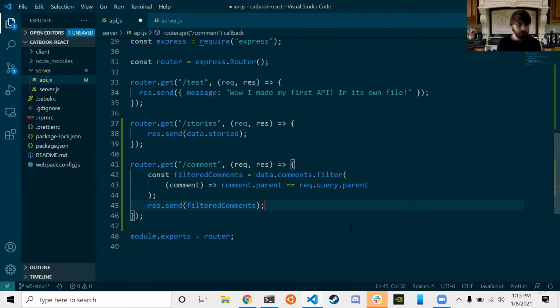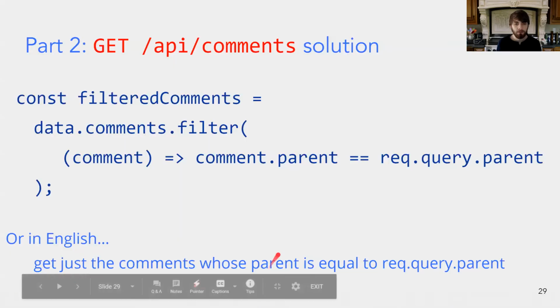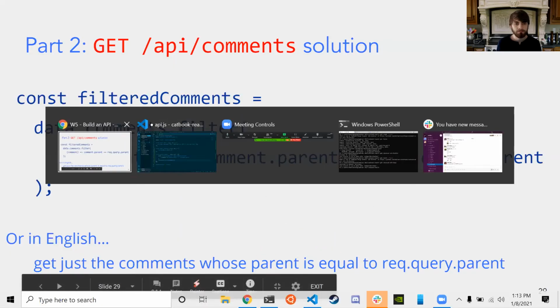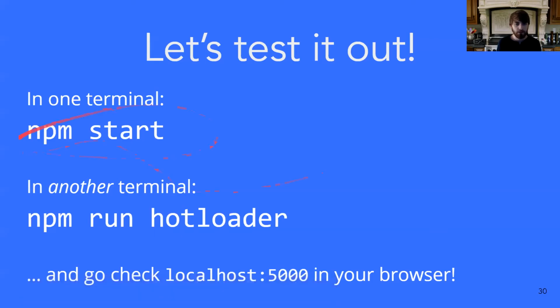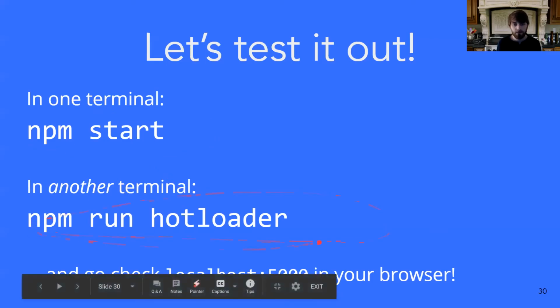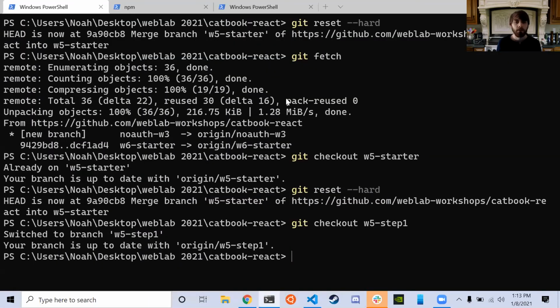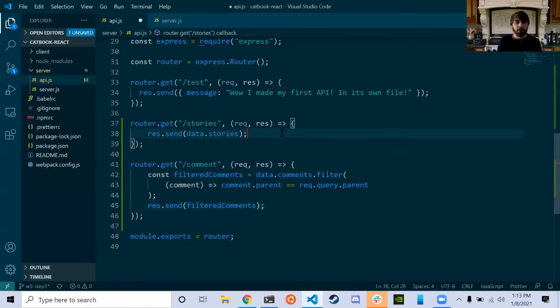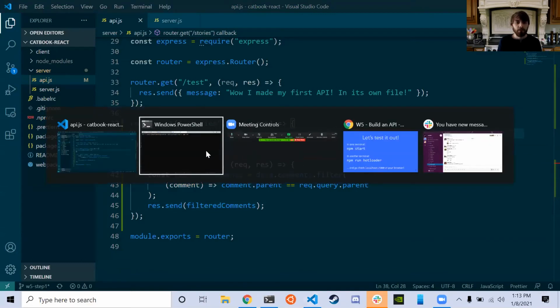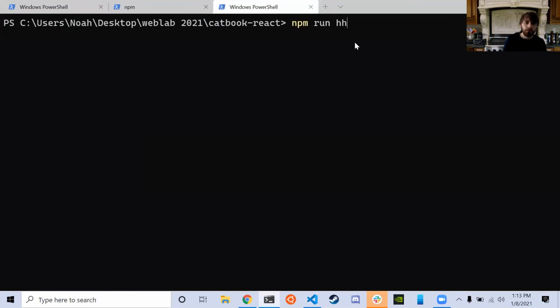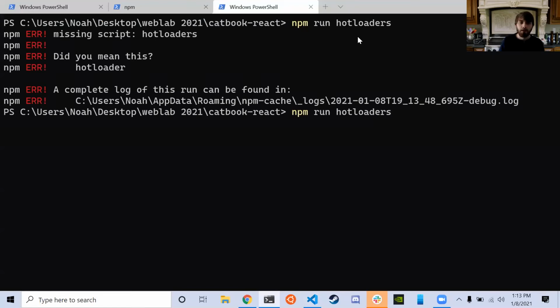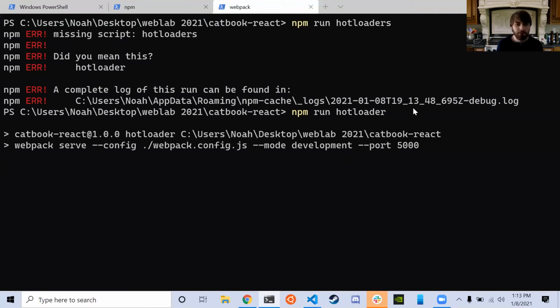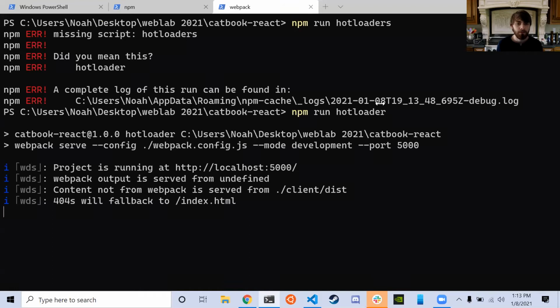So now, if we start the hot loader, we can look at this instead of just looking at it in our normal way. I have npm start running here, and it would probably help if I saved these files. If we get a hot loader running in a